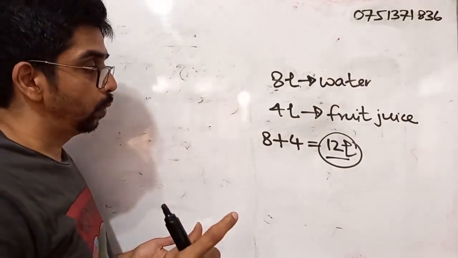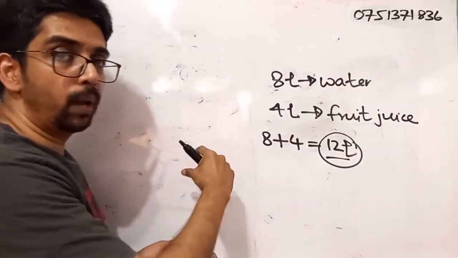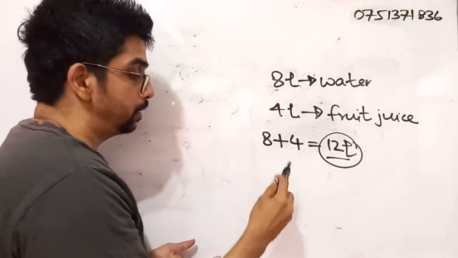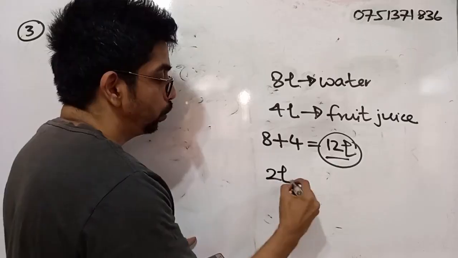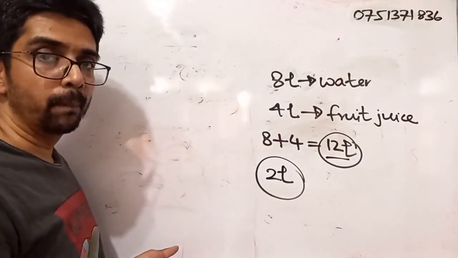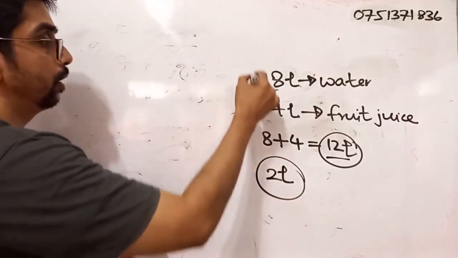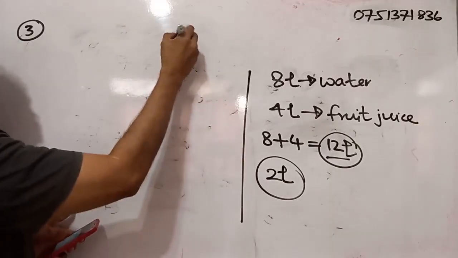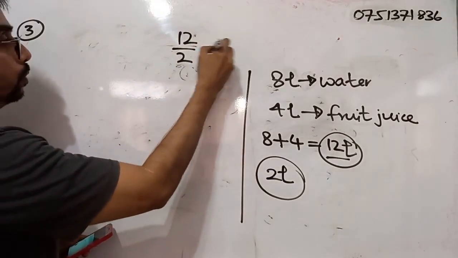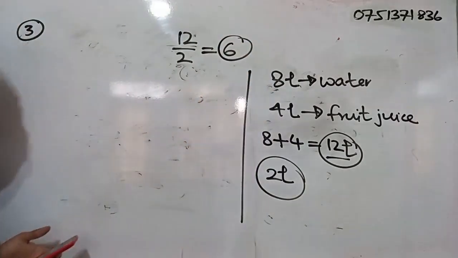Right? So this amount of fruit drink is poured into what? Bottles with a volume of what? 2 liters. These 12 liters are filled into 2-liter bottles. They ask how many bottles can be made. Easy, no? 12 divided by 2. 6 bottles. Right? 6 bottles. Okay, now we know the answer.